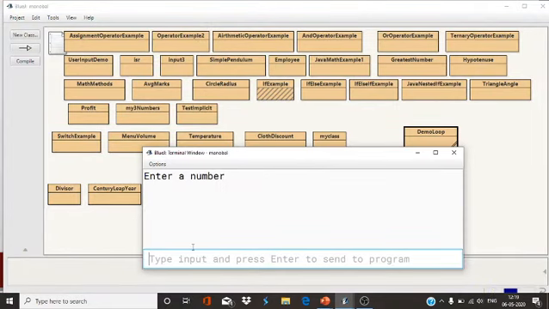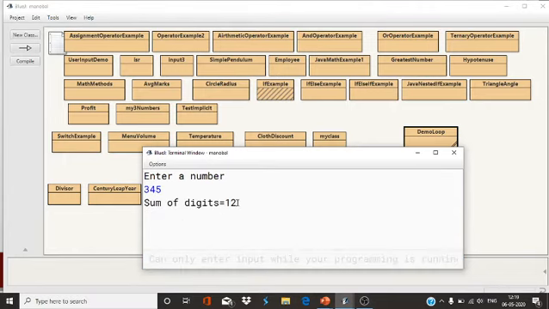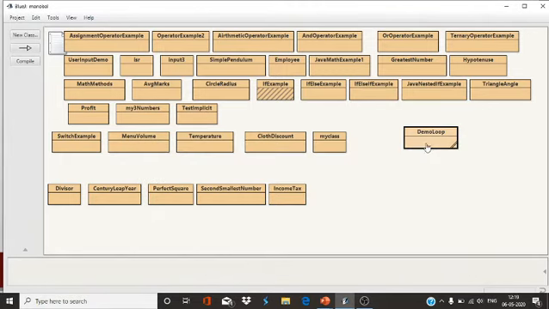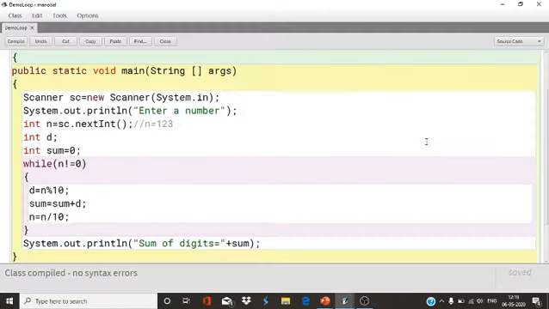Enter a number: 345. So what is the sum? 3 plus 4 is 7, and 5 makes 12. Sum of digits equal to 12. So like that only you can do this type of program. Okay, now this is all about the sum of the digits.